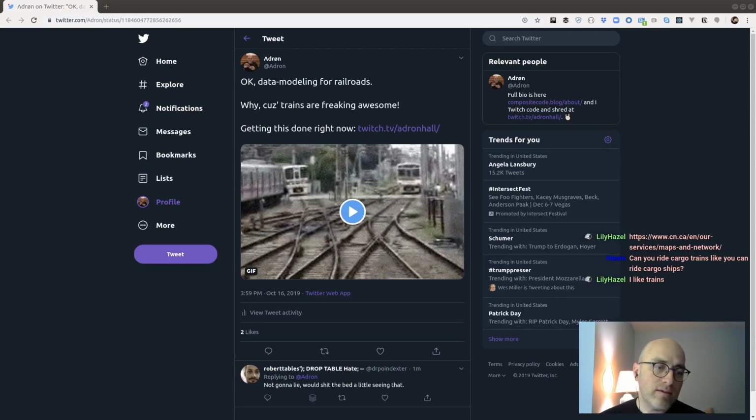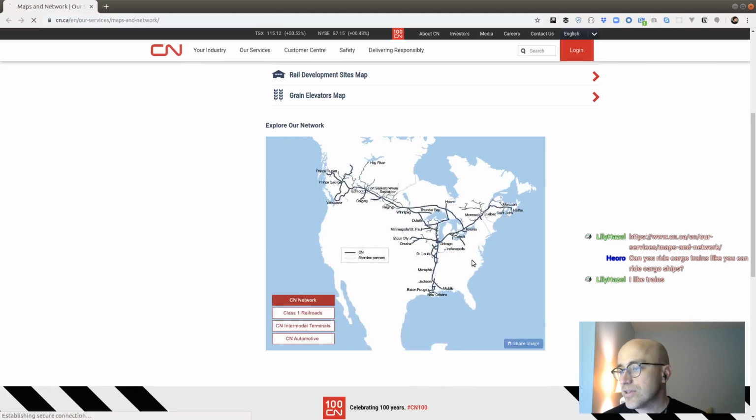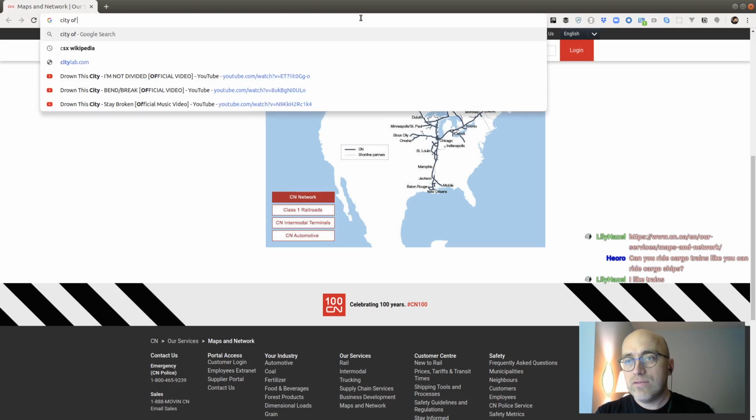So you can't ride the cargo trains, but you can ride the passenger trains. They have a bunch of passenger trains. Yeah, there we go. Perfect. And see, you can see where the Canadian National actually goes all the way down to New Orleans, because one of their fallen flags is the Illinois Central, which was the railroad that ran the passenger train called the City of New Orleans, which Amtrak runs service from Chicago to New Orleans for today, but nothing beats the City of New Orleans.